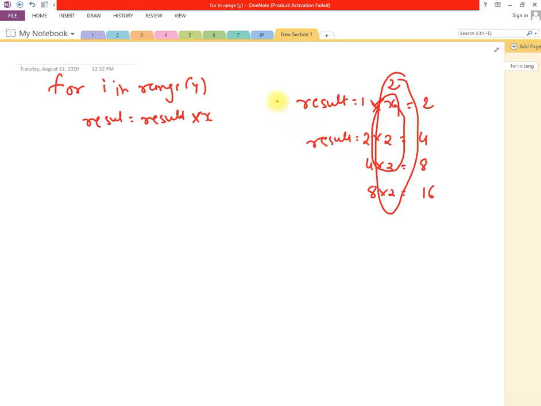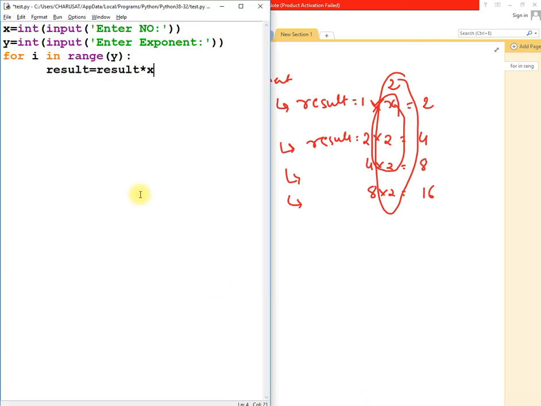So I am having the same line of code running through a loop to perform the iterations. Here the same thing will happen y times, and y is our exponent, so you will directly get your answer. Let us see it in an example.